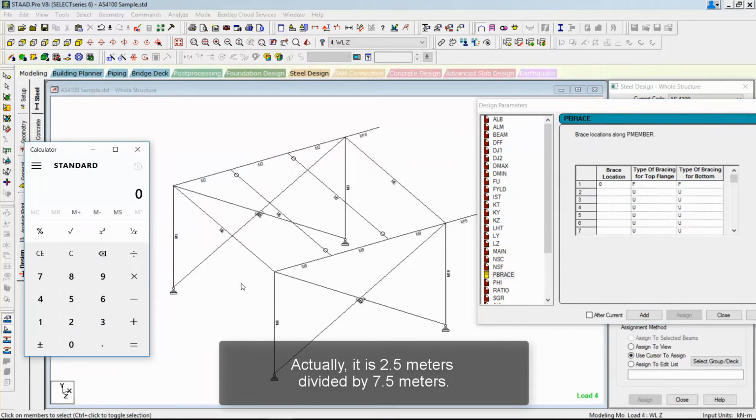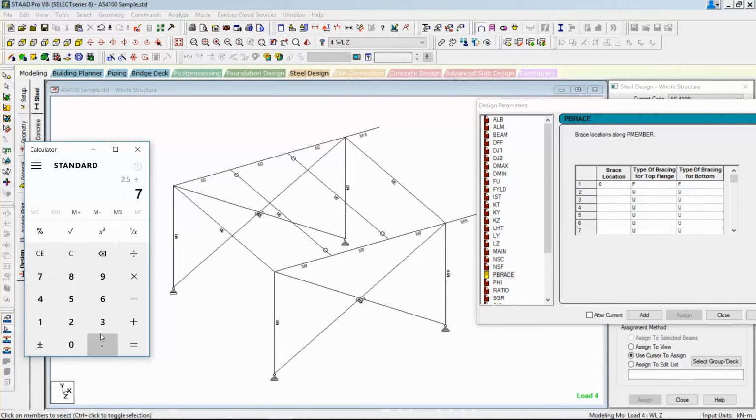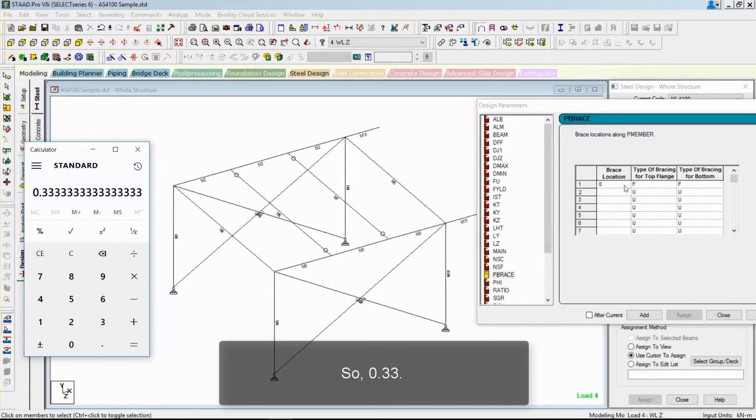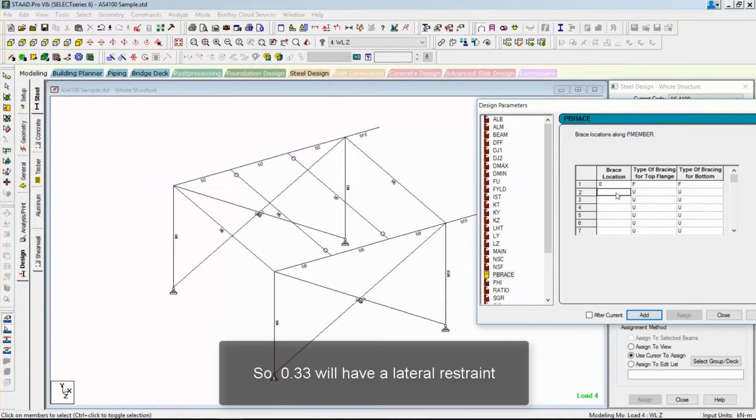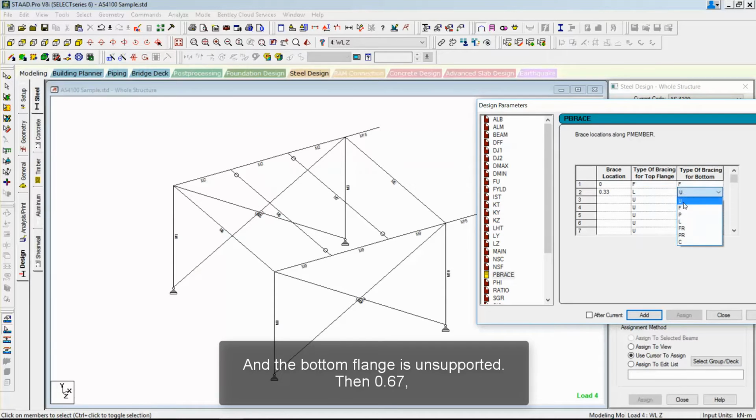Actually, it is 2.5 meter divided by 7.5 meter. So 0.33. So at 0.33, we'll have a lateral restraint, that is these secondary beams here, and the bottom flange is unsupported. And then